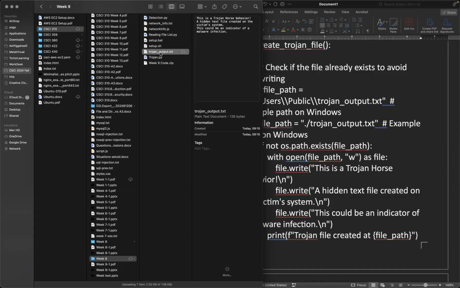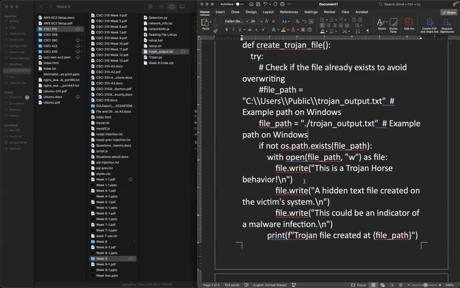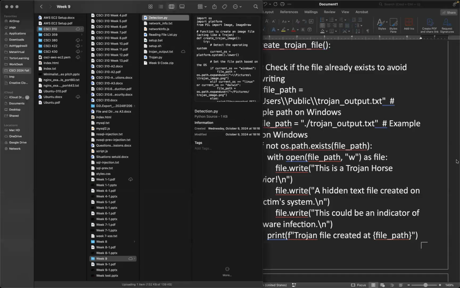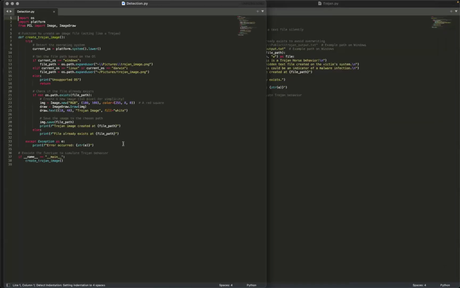The browser has detection to make sure you don't upload something potentially dangerous. Here's one of the examples. We read the path, and I have one more. If I want to detect, let's say I want to check